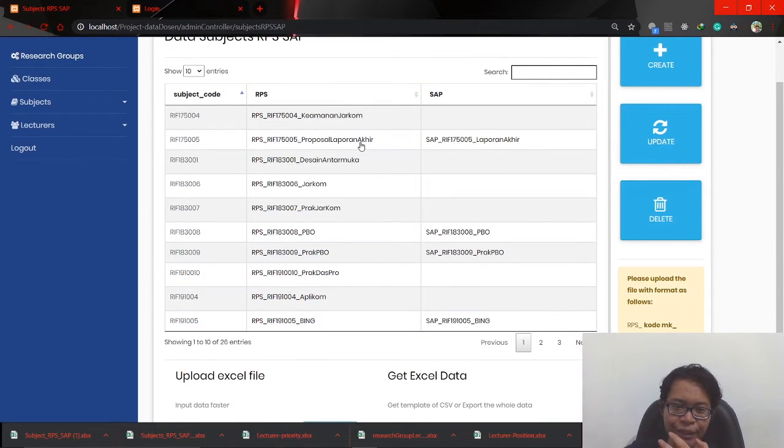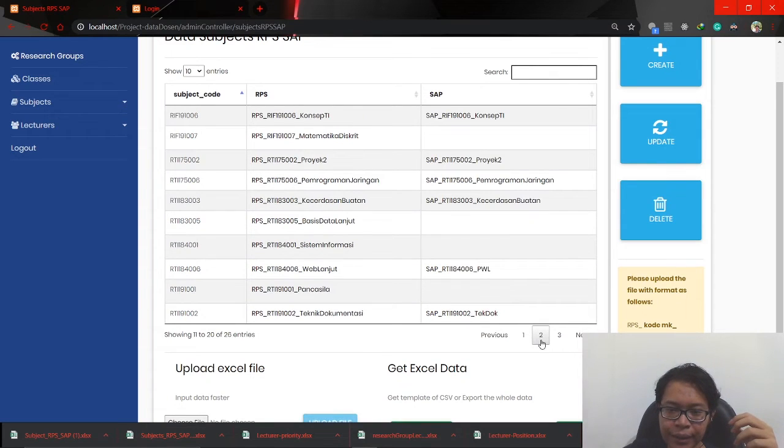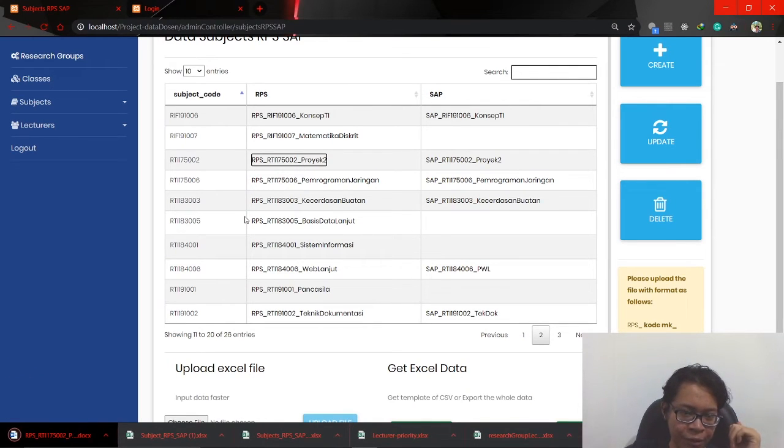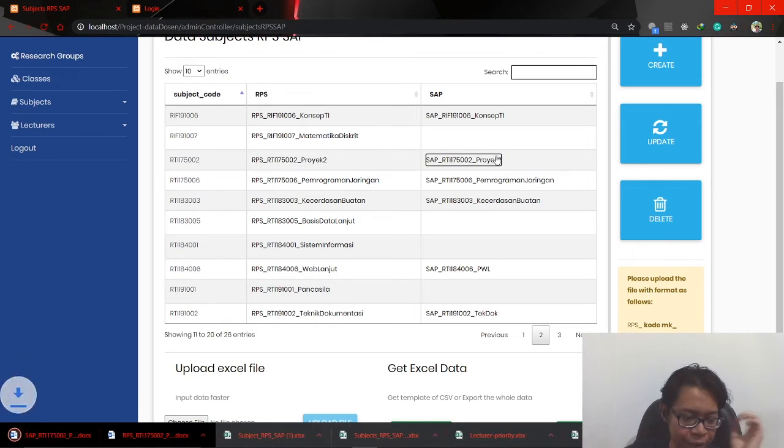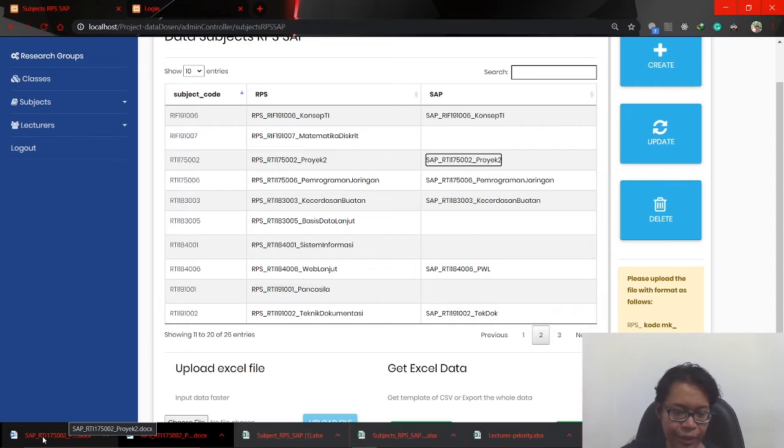So let's see if we are to download. Let's say, do we have a project in here? Okay, I think we can download this. I mean, you can download everything you want, but to make it more relevant to this subject, let's try to download this project 2 and this SAP of project 2. And as you can see, I created an underscore in the file name. So this is actually the file name. I created the underscore because